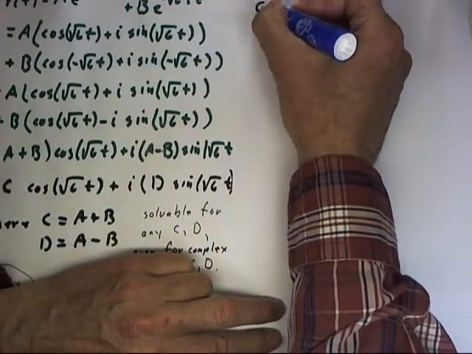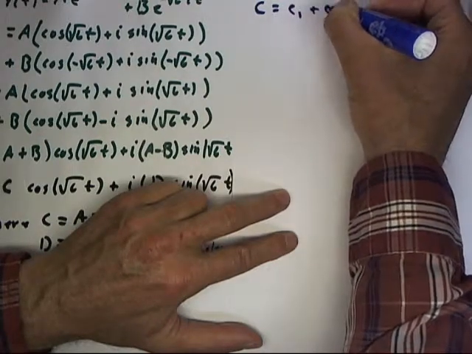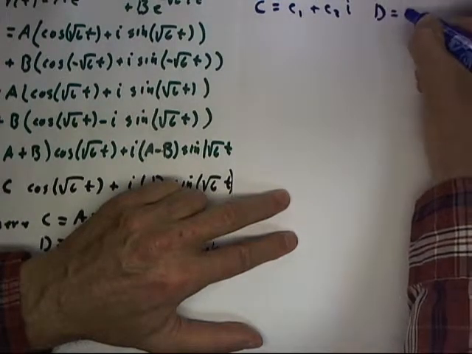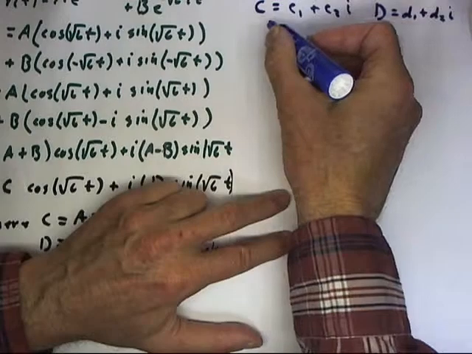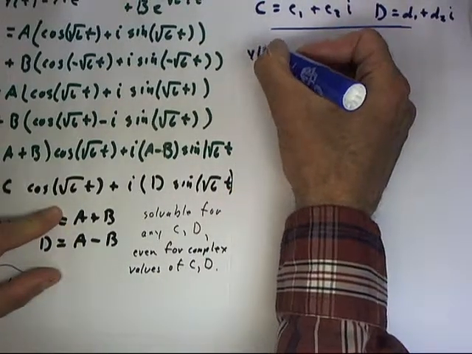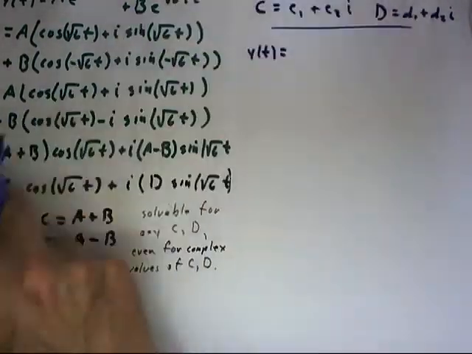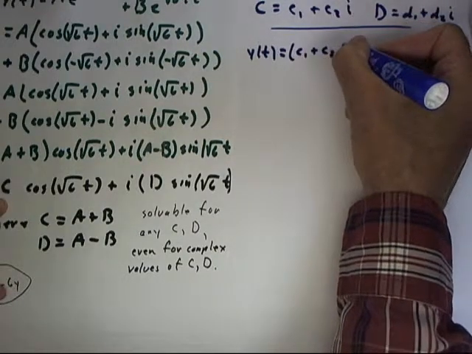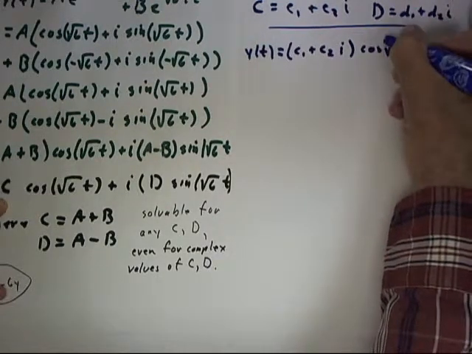So we let c equal c1 plus c2i, and we let d equal d1 plus d2i. Then our solution becomes y of t. Now we're going to substitute c1 plus c2i for c here. Our solution is going to become c1 plus c2i times the cosine of the square root of 6t